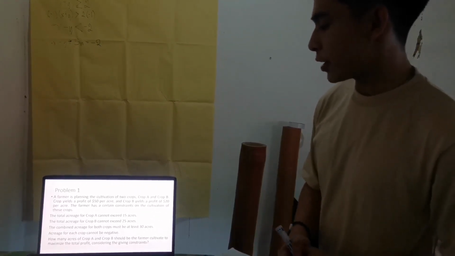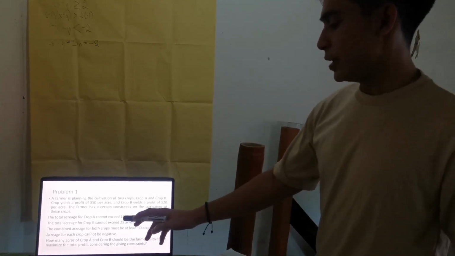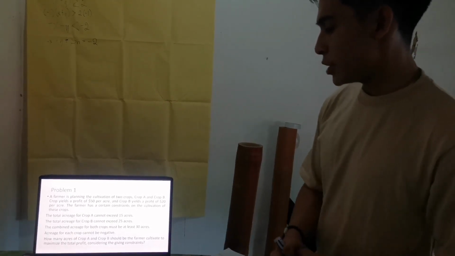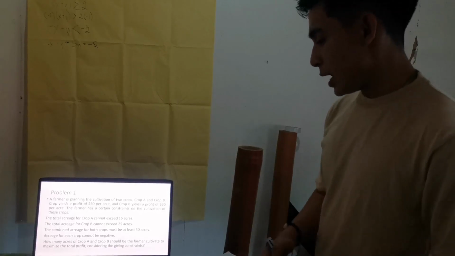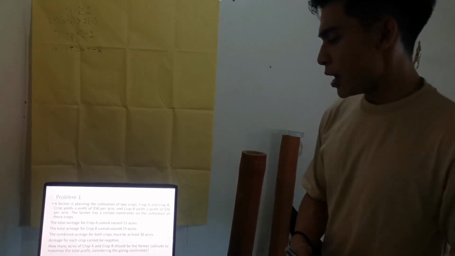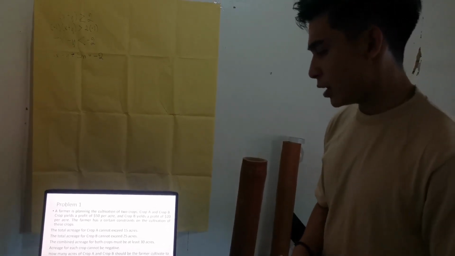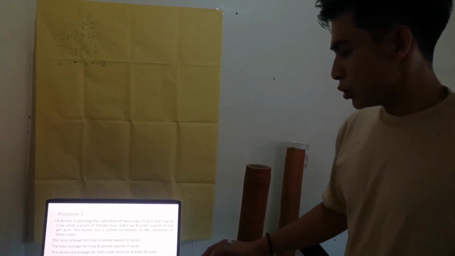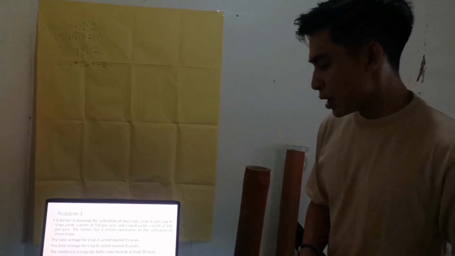The total acreage for crop A cannot exceed 15 acres. The total acreage for crop B cannot exceed 25 acres. The combined acreage for both crops must be at least 30 acres. Acreage for each crop cannot be negative. How many acres of crop A and crop B should the farmer cultivate to maximize the total profit